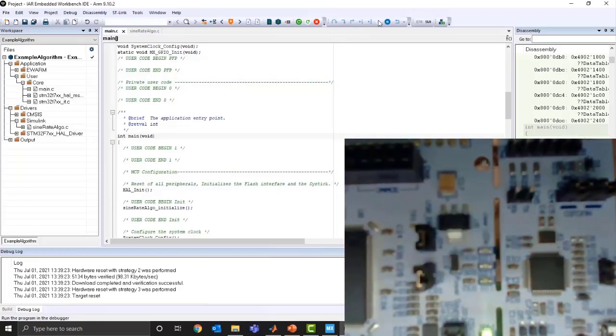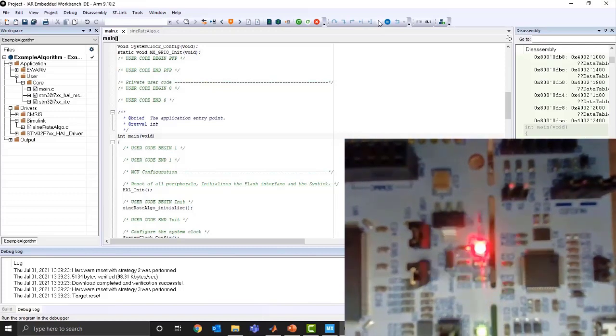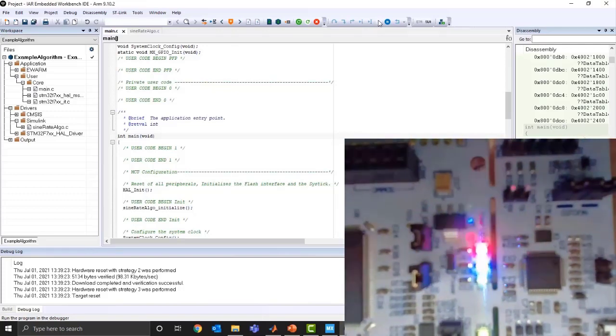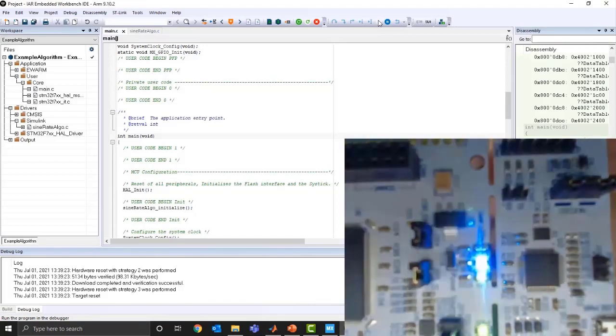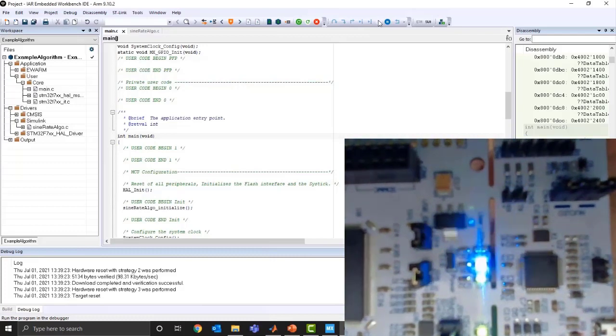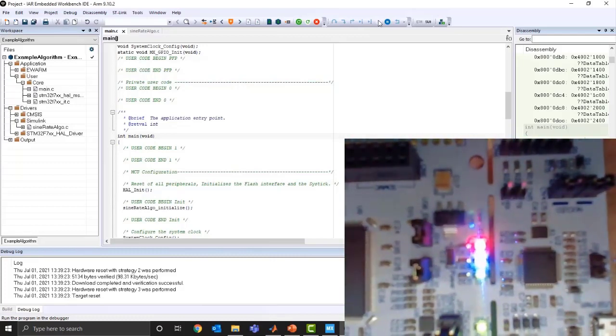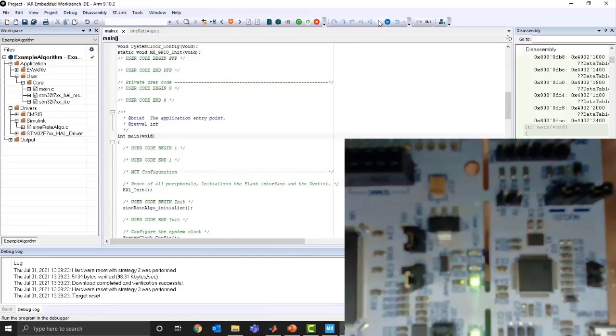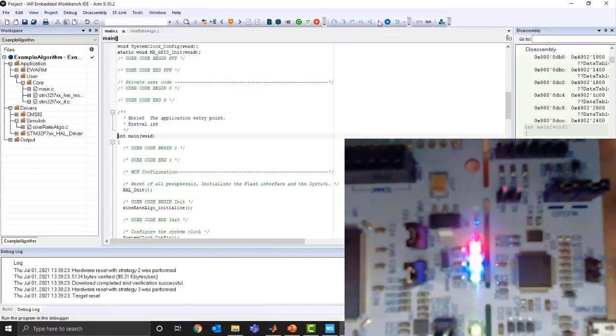Okay. And so really the key was to interface that algorithm, export it from Simulink, bring that code into the external IDE of interest, in this case IAR Embedded Workbench, make sure that we had everything on the path, and then interface that code. Okay. And so we can see that this is now running.